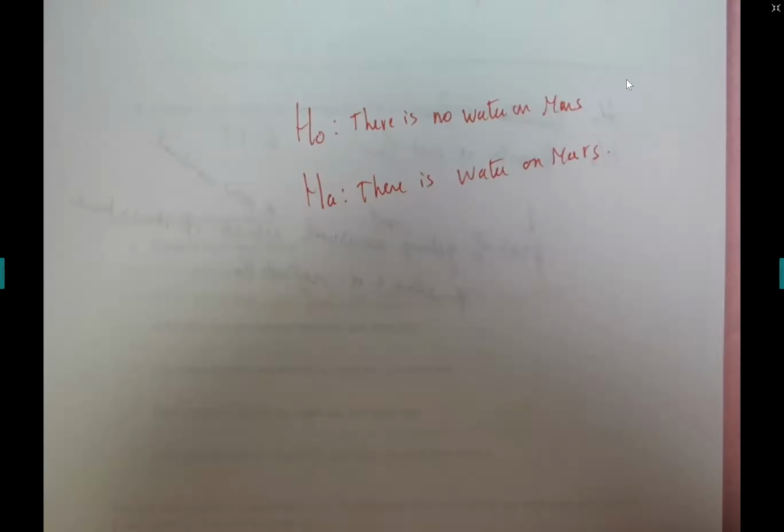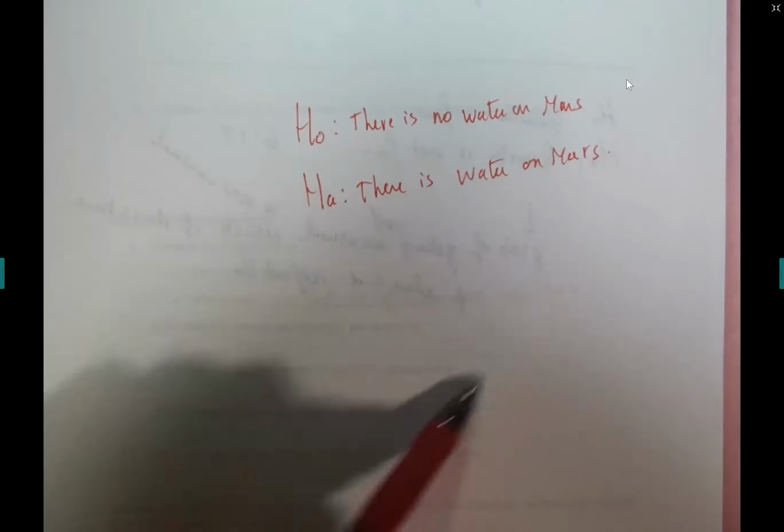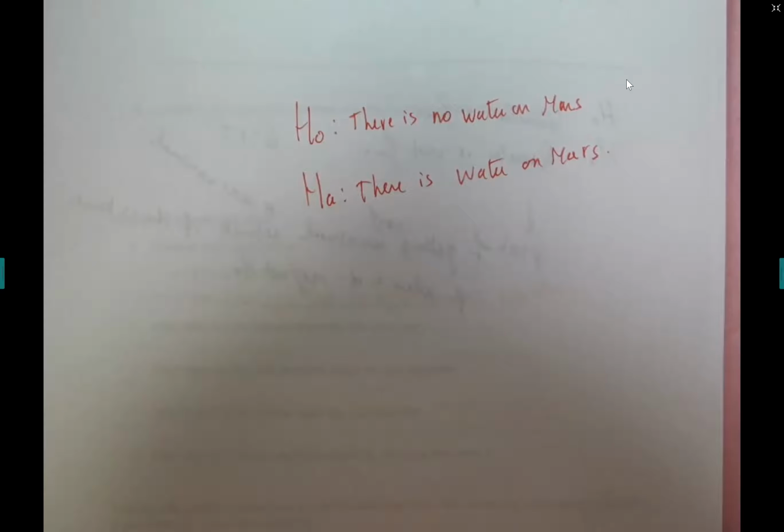When the jury, guys, say there is not enough evidence to convict the defendant, it does not mean that the defendant is innocent. It just means that they don't have enough evidence beyond reasonable doubt to convict the person. But that does not mean that the person is 100% innocent. And the same thing, if you use just some area on Mars and you don't find water, it doesn't mean that there is no water because you didn't search in all areas. But for what you have, you can make a conclusion that I don't have any evidence to say that there is water now, but it doesn't mean that there is no water on the entire planet.